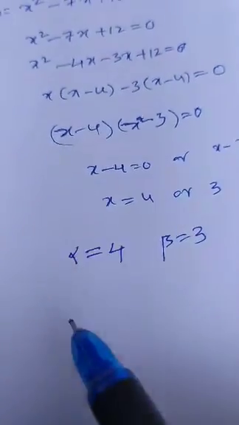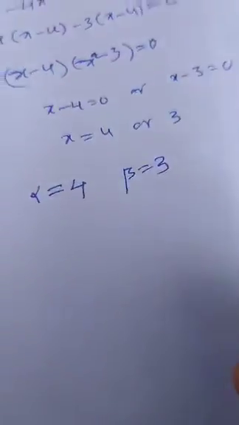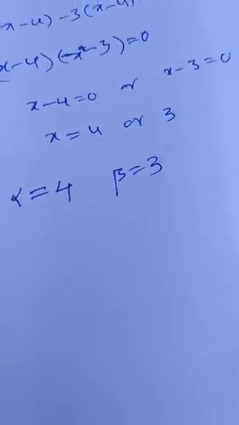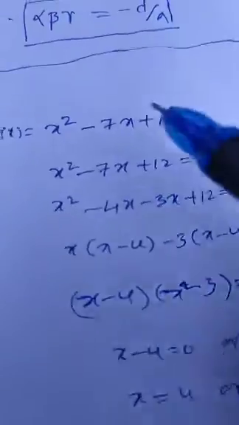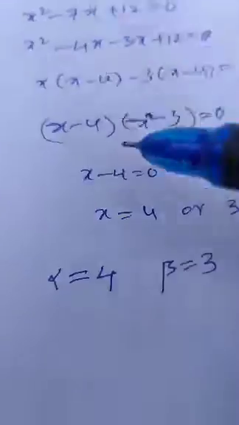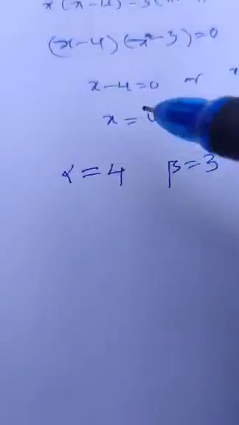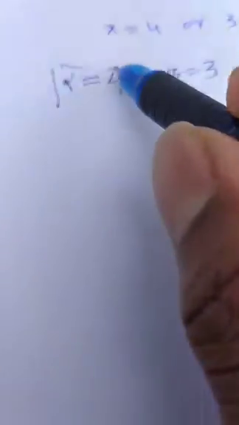So to represent the zeros, we use alpha, beta, gamma, delta like that. Here we have two zeros now. The first zero I am representing by alpha, the second zero by beta. If it is a cubic polynomial, you will get another zero that is represented by gamma. So we know how to find the zeros of the polynomial if the polynomial is given.